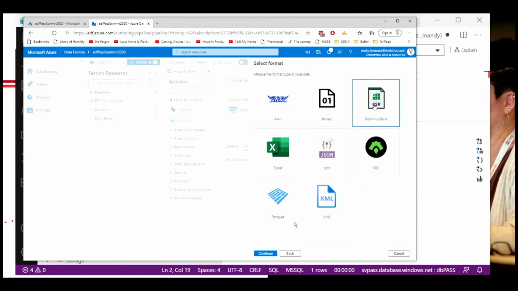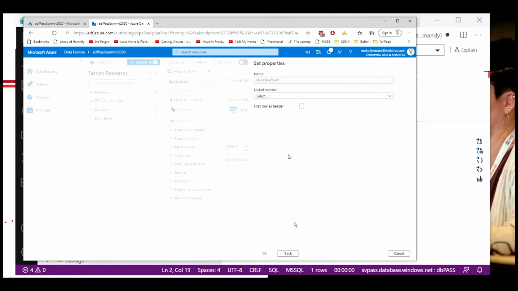So this is delimited text. It's a comma separated value. I'm going to check that box and click continue. And the name of this: it says set properties up here. Really, I wish they said data set, but set works. When you see set properties, realize that that's data set. So we're going to create a brand new data set, and this is going to be the AW data